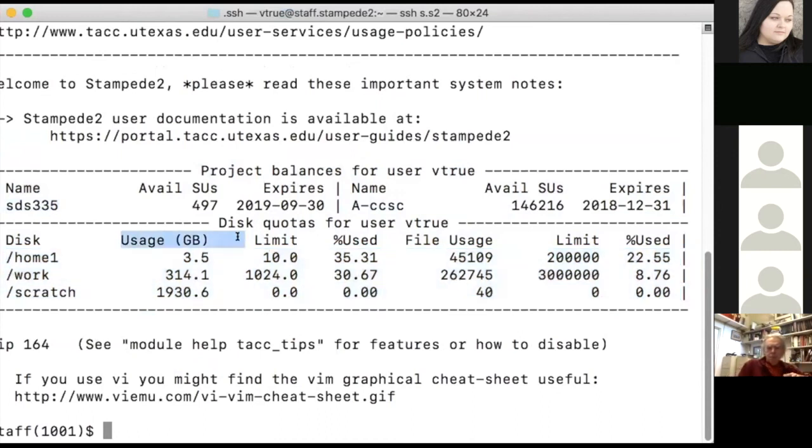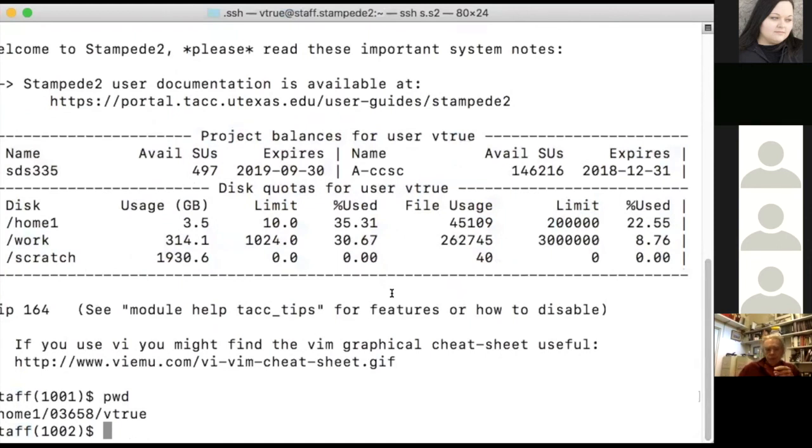Again, usage is the size of the files, and file usage is the number of files. When you land, I land on the staff node since I work for TACC. You'll land on either login 1, login 2, or login 3. When you log in, you'll immediately be placed in the home directory.